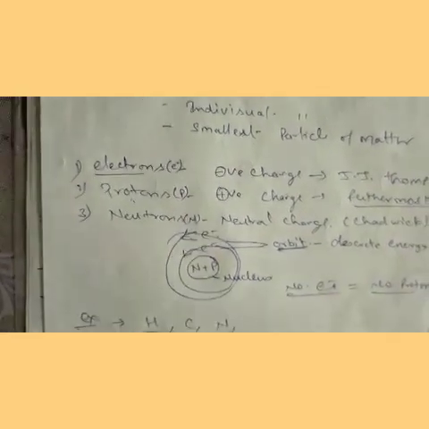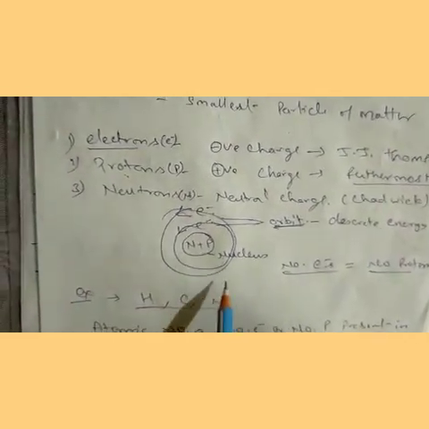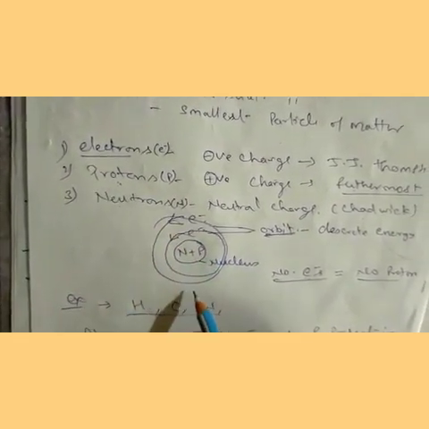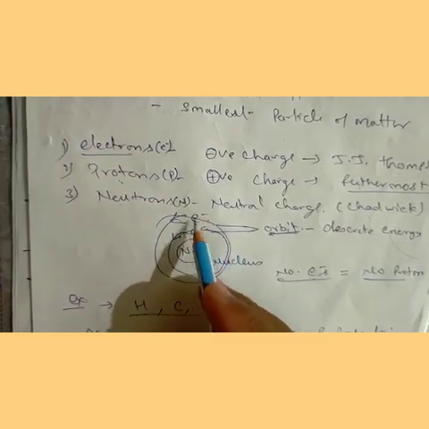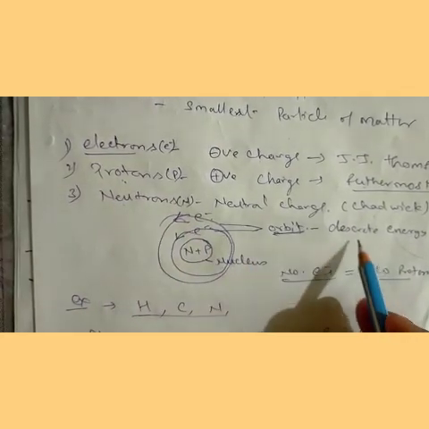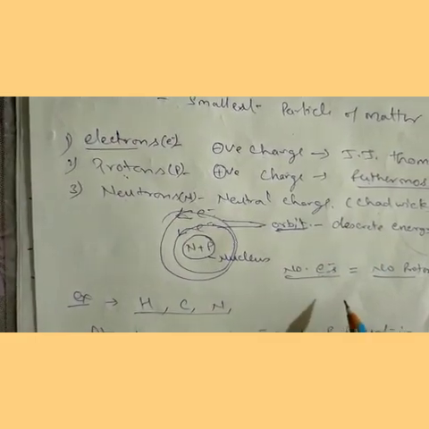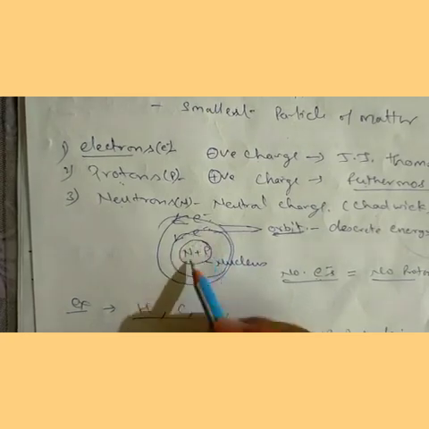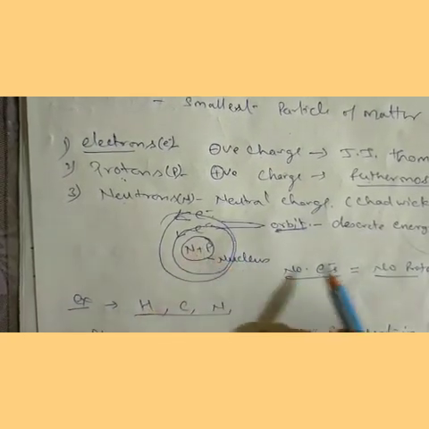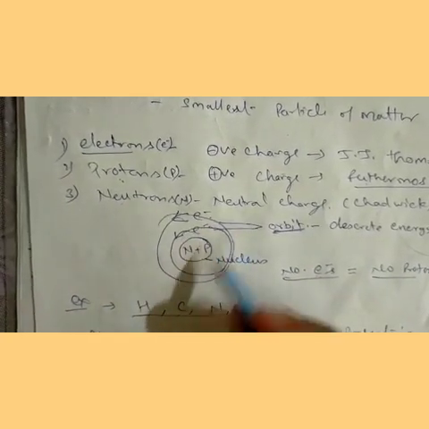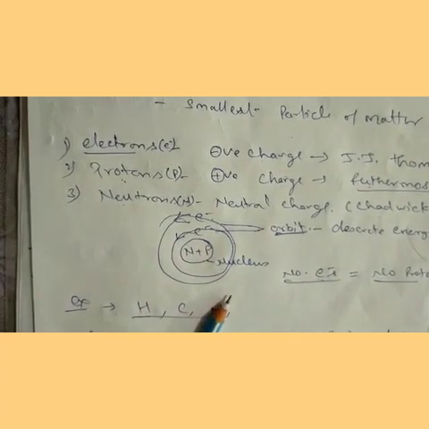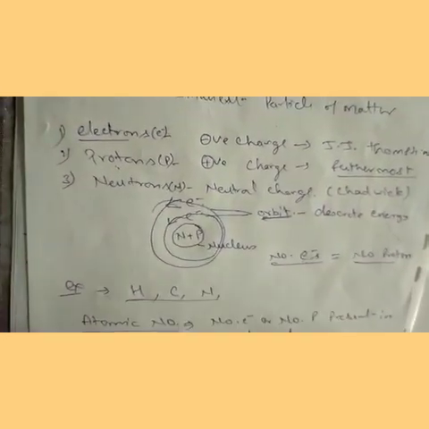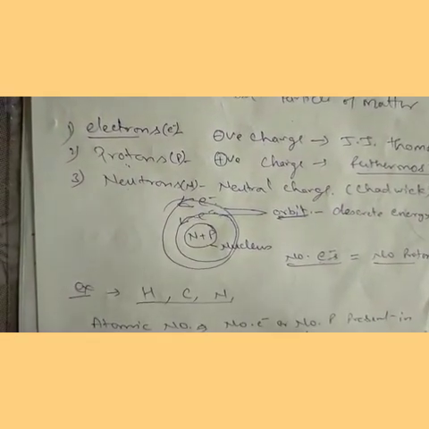Now going ahead, as you all know, these neutrons and protons are available in the nucleus, and electrons are revolving around in certain orbits. These orbits have discrete energy, meaning they have fixed energy. And also you know, any atom is electrically neutral, and these are bound with electrostatic charges. Since here is negative charge and here positive charge, they have electrostatic attraction. In any neutral atom, the number of electrons and number of protons are equal.